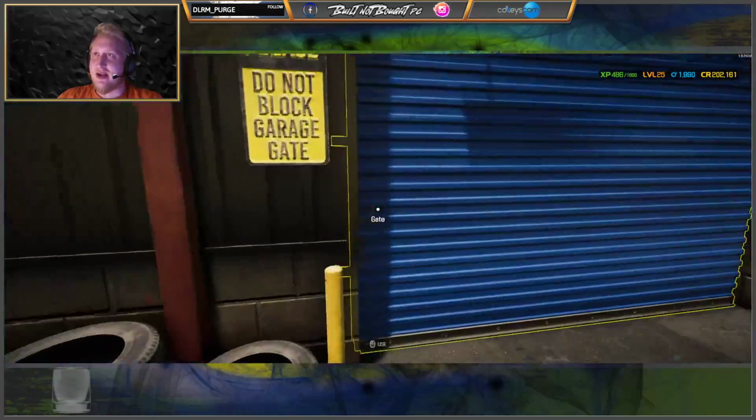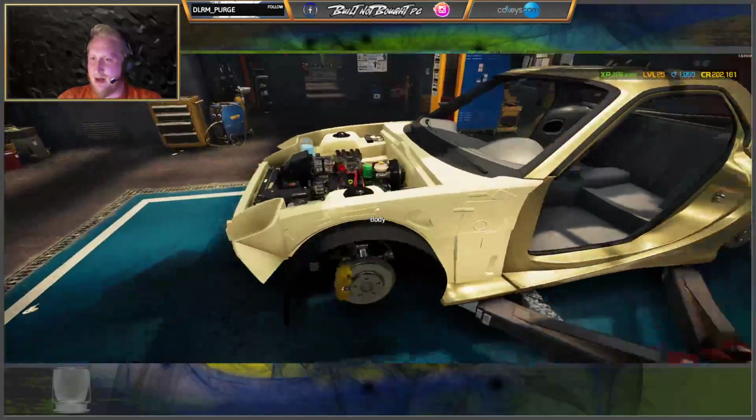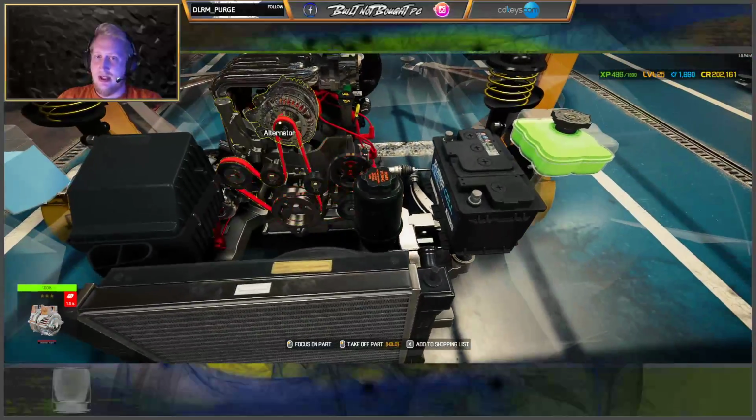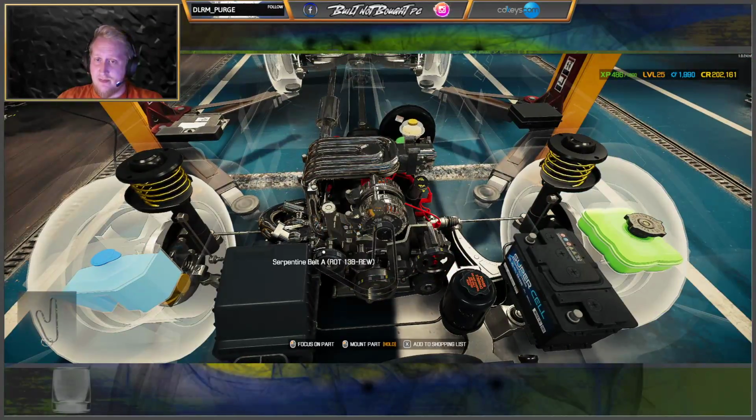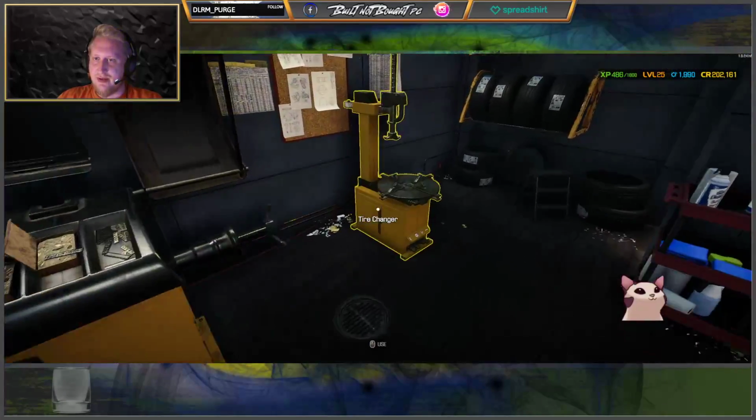It's nice and easy. The inline 4 is the easiest engine. Once you just get around that sort of finicky part of it, you can then do twin cams. There's stuff that I forget all the time. Right, we were removing tyres from...